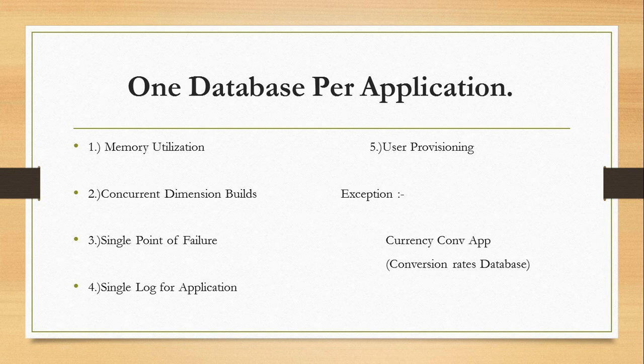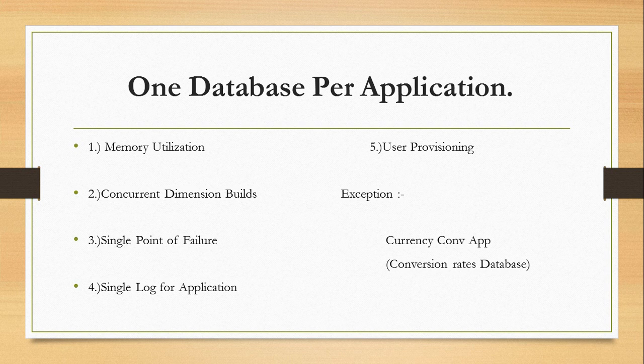The next is single point of failure. Suppose my application has three different databases: one for sales forecast, second for workforce planning, and third for, say, a capex module. If by some technical reason one of the databases fails and I'm unable to start the application, then in that case all three modules are inaccessible, whereas in the case of one database per application,